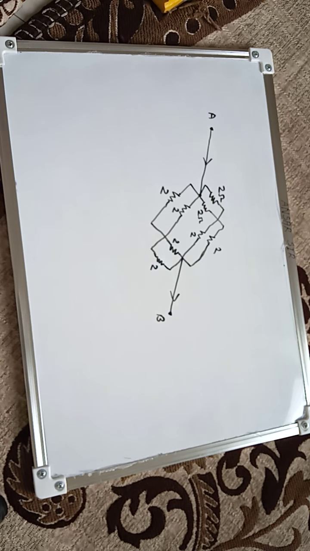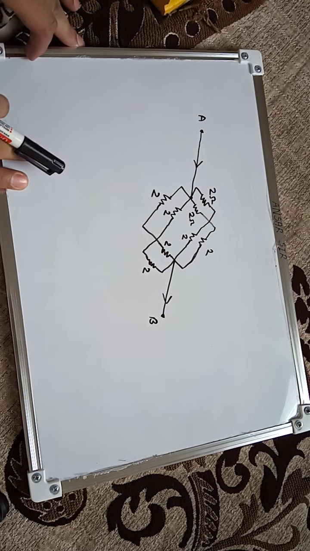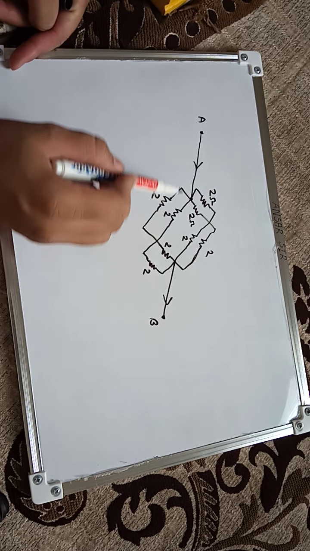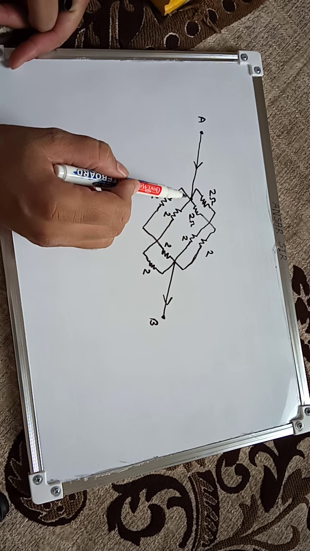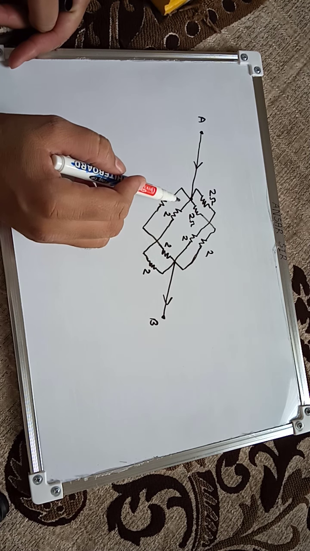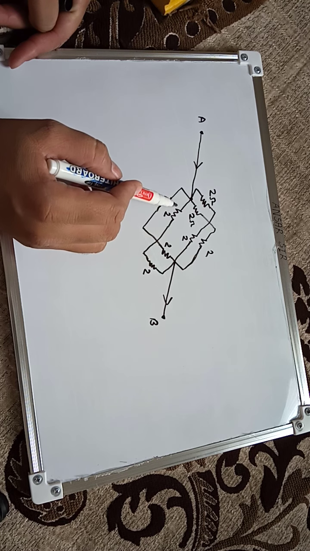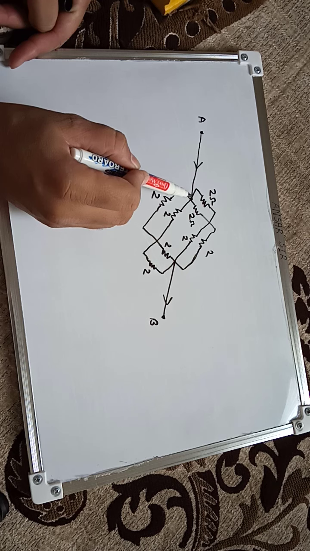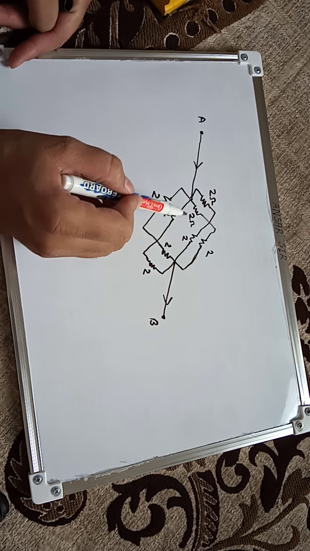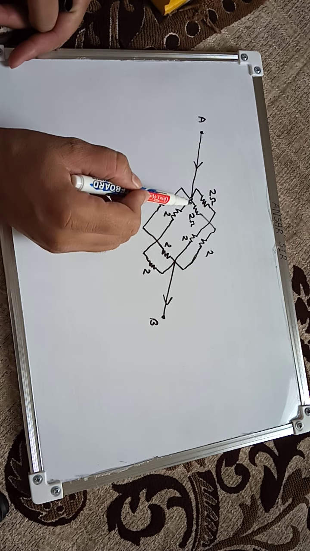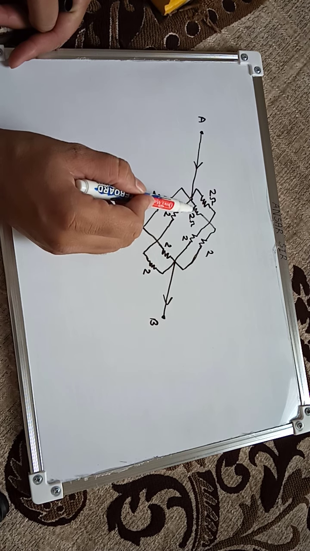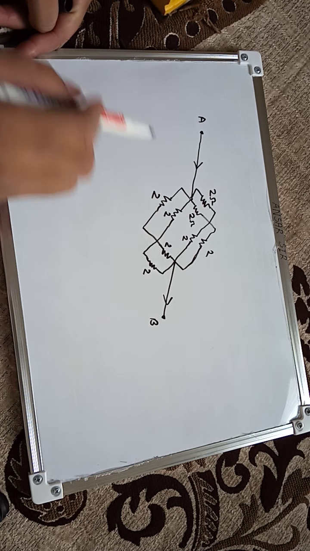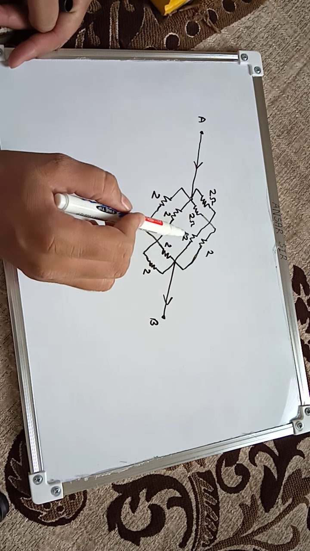I have already made the diagram so that we should be able to save time. See, the current is coming like this. Some teachers may not teach this question because such questions are supposed to be a little bit difficult, but they are not difficult at all. So current is coming like this, and here the current is dividing into branches. See, there are upper two branches. Some current will go into this resistance. We can give name to it, but I will not give any name because it's very easy. It's a very easy question.